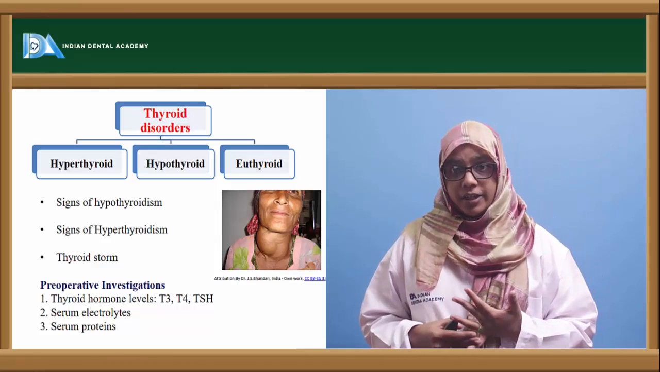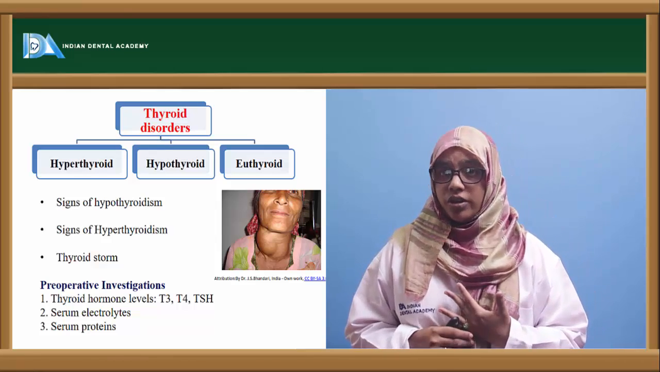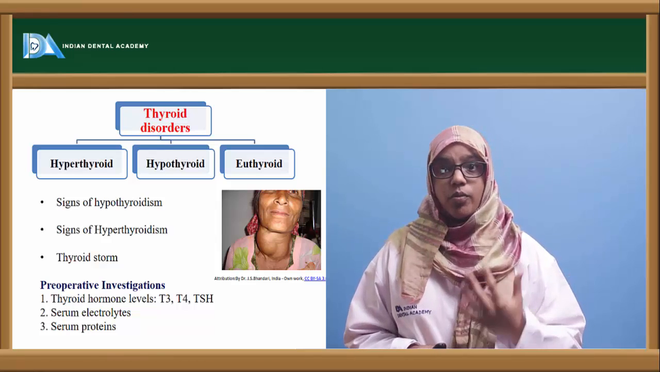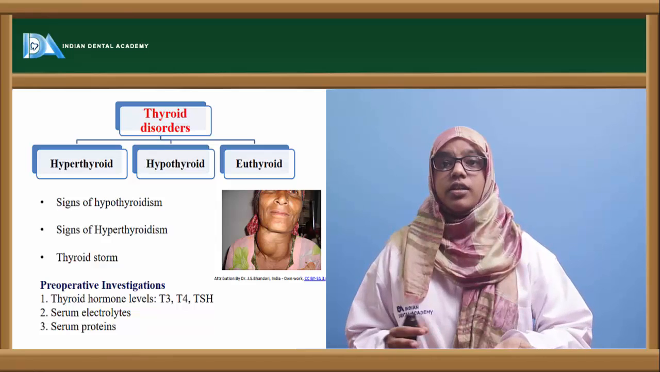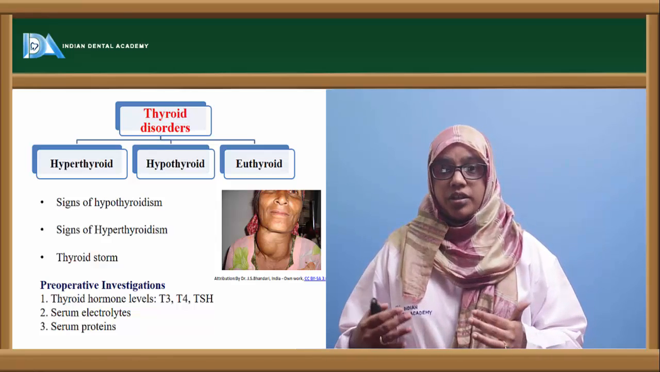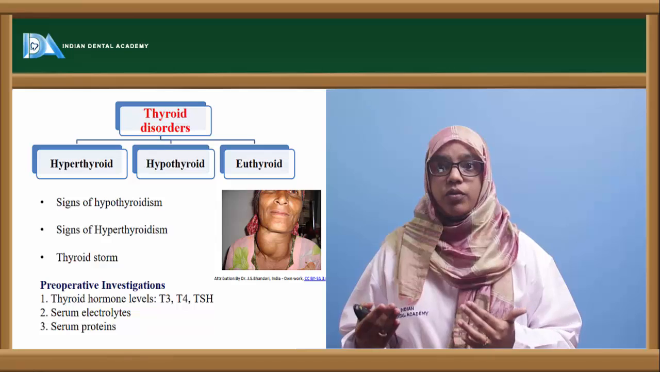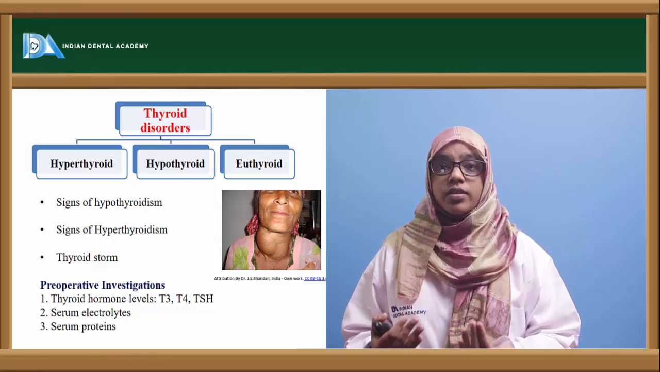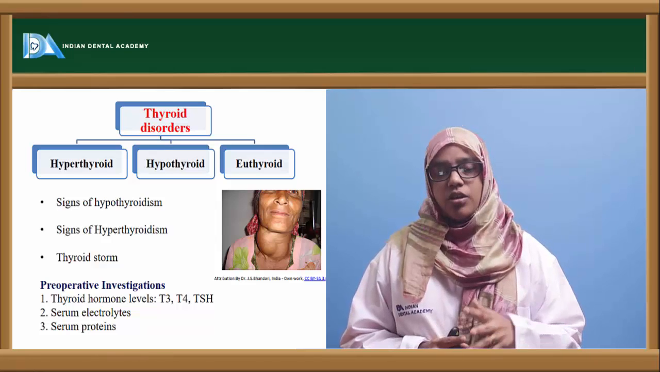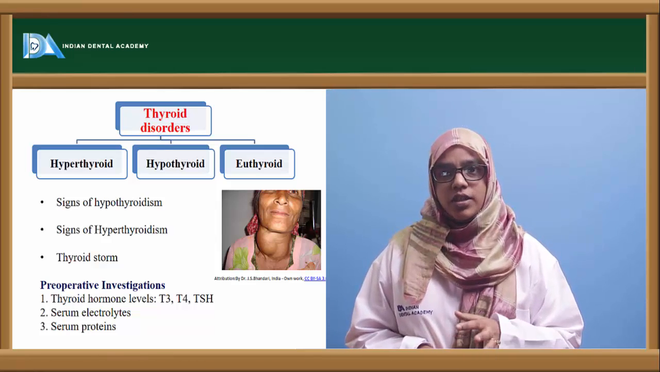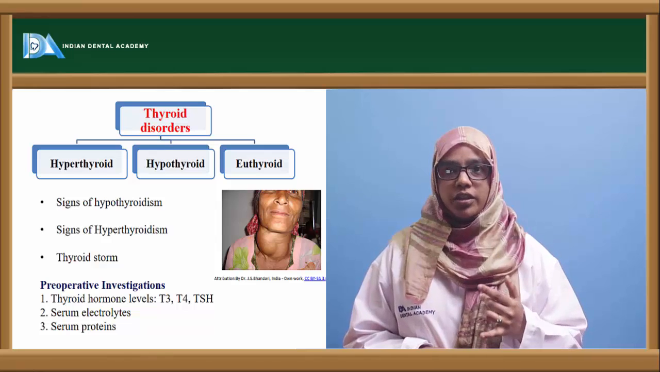There is tachycardia. The patient cannot tolerate heat at all. There is catabolic activity. If this catabolic activity is increased, it results in thyroid storm. That is increased metabolism for 24 to 48 hours, which will eventually result in hyperpyrexia and thyroid storm. What are the preoperative investigations that you need to do? You have to check the thyroid hormone